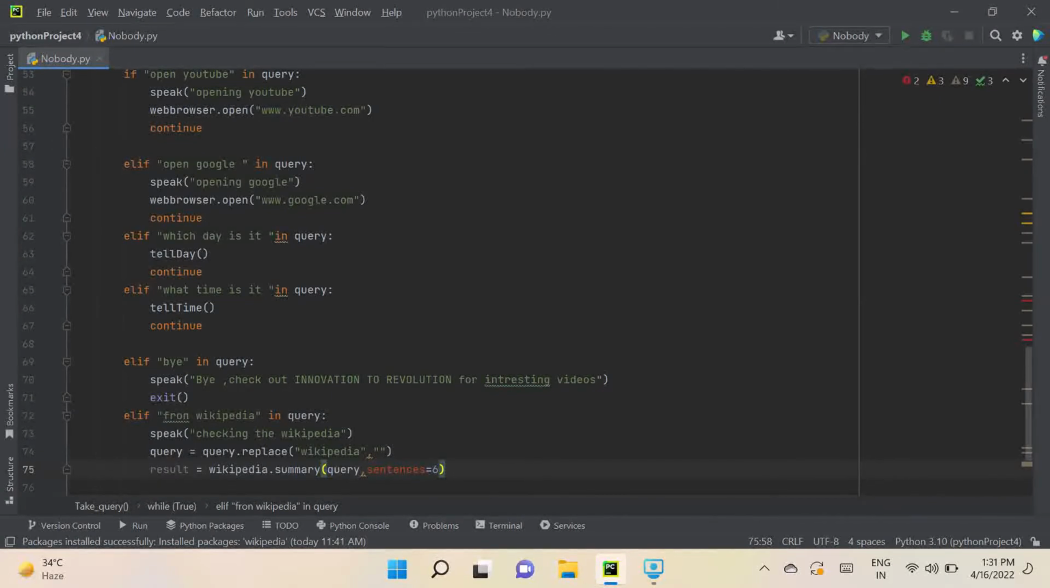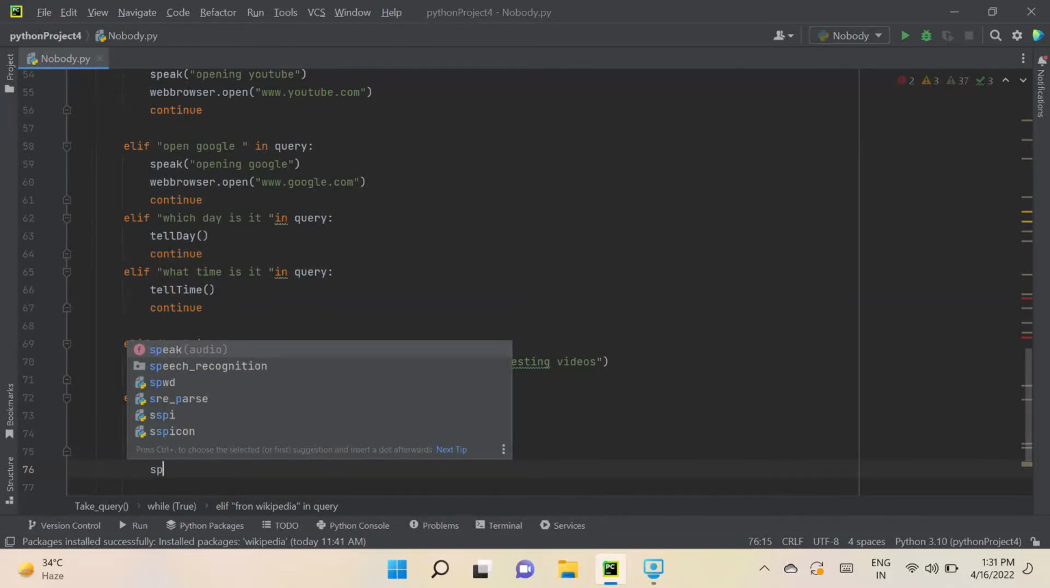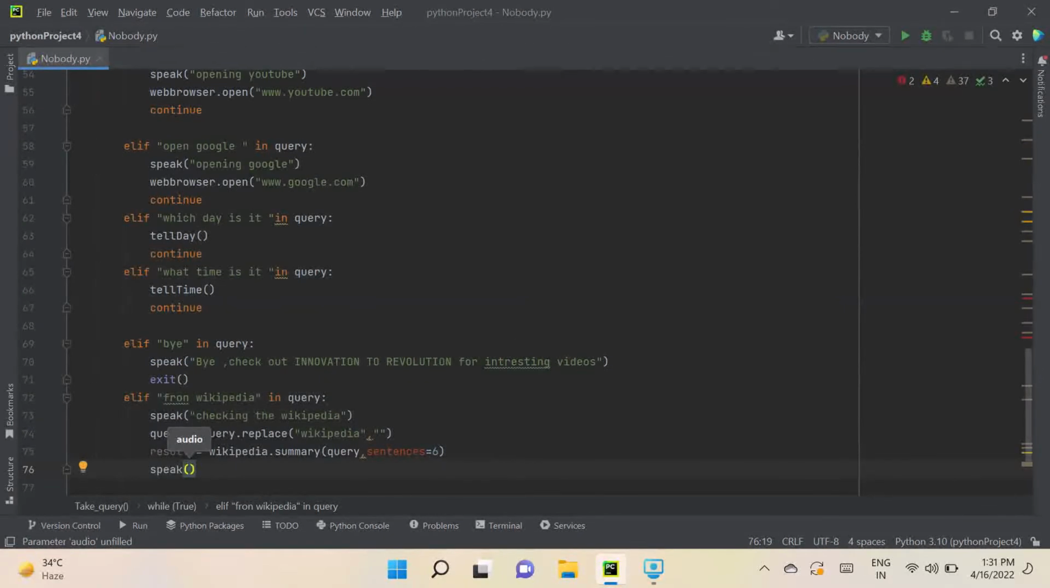That's how it is going to be spoken according to Wikipedia. Something something is something something. Speak the result in 6 lines. Now we have written the function for Wikipedia. Now we are going to write